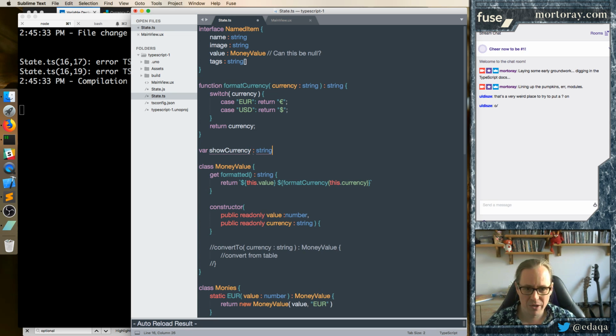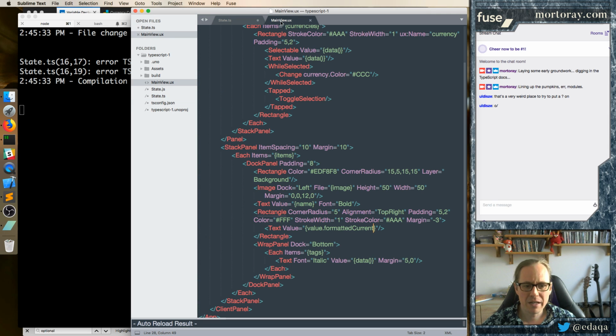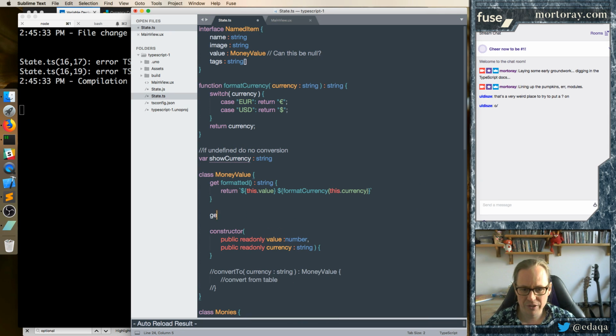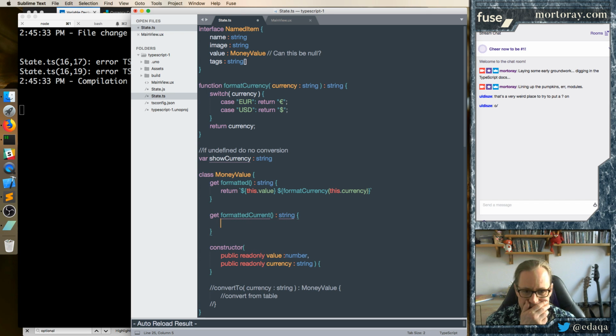So this is going to be a string, and we're going to say if undefined, do no conversion. And then in main view we have formatted currents. Formatted currents. We're going to do formatted current string. So we're going to have to do a conversion. How do we do this? So if we say if